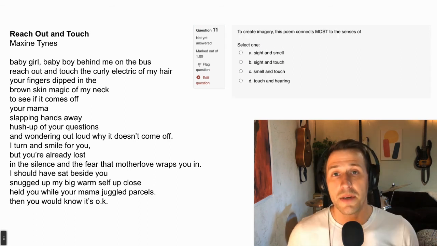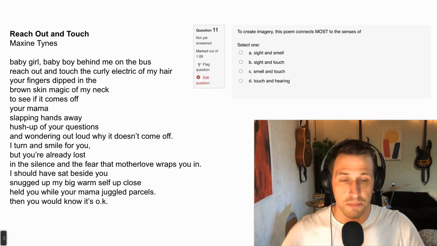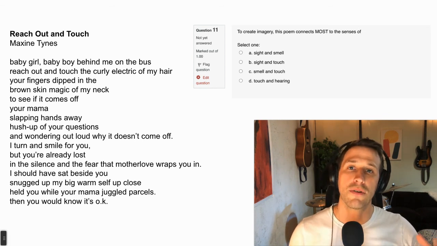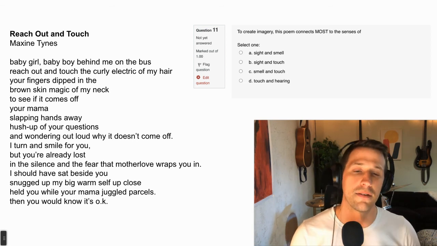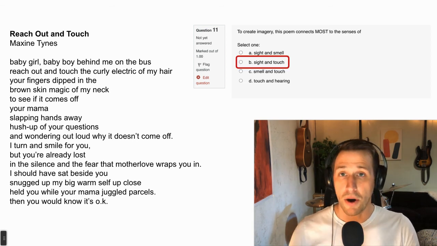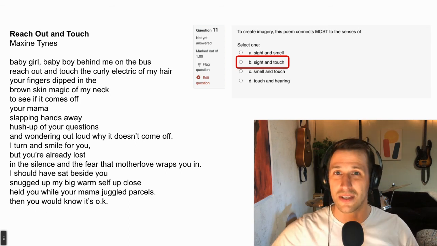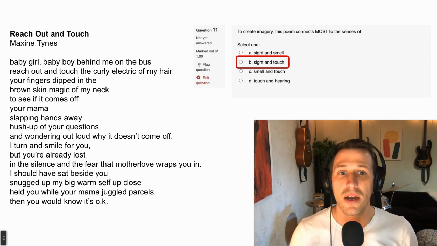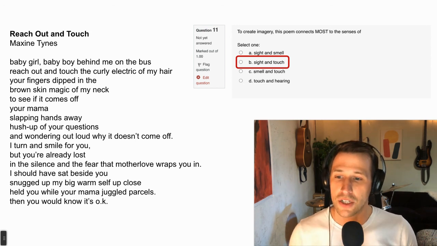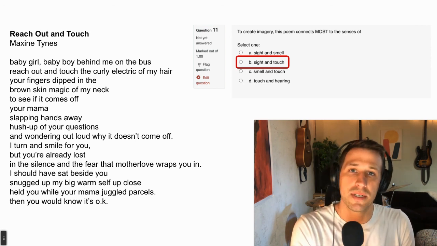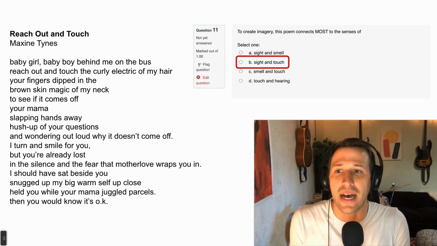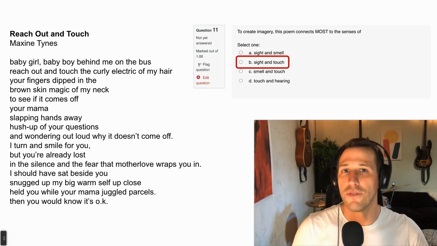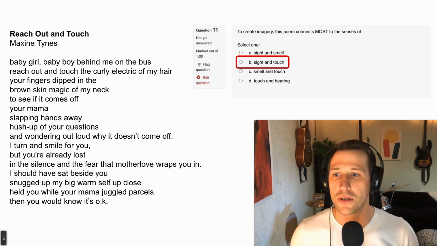Overall, back to this idea about imagery, we talked about, there's this picture here, but what does it rely on the most to create the image, to create this moment, to paint this picture in your head? What sense is it relying on? Part of it, what we said, is all of the visual descriptions of the mother standing here, to the description of the bus in this moment, but also these descriptions of touch, like to look at something like my big warm self, like that warmth is conveying, like having someone slide up beside you, the feeling of how that makes you feel a little bit better, a little bit more comfortable.